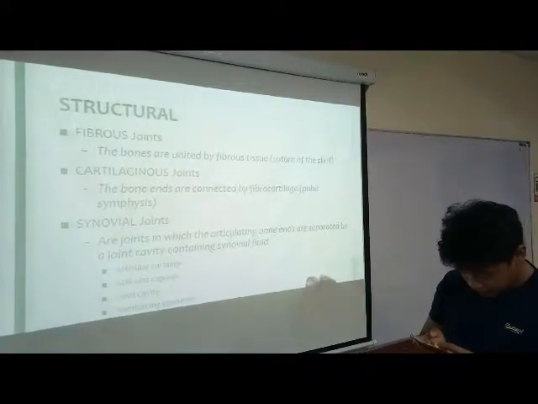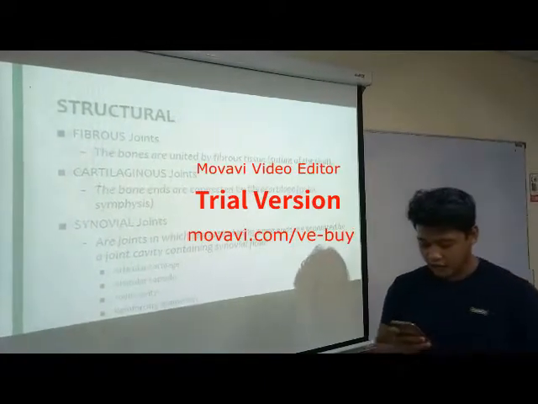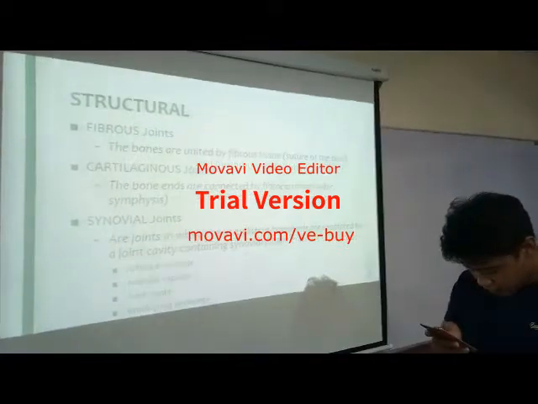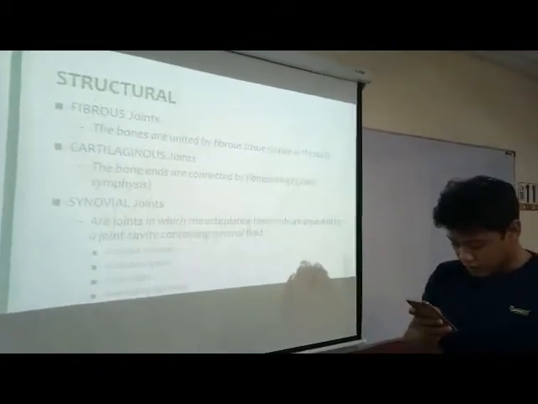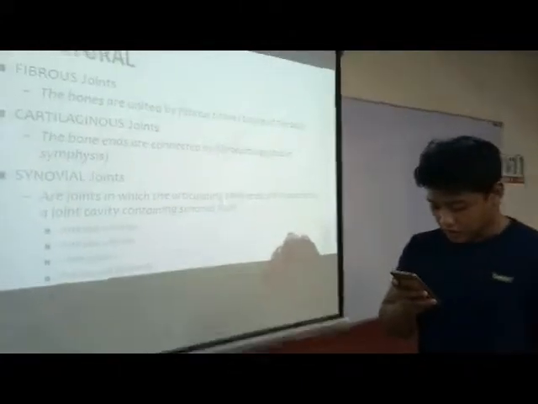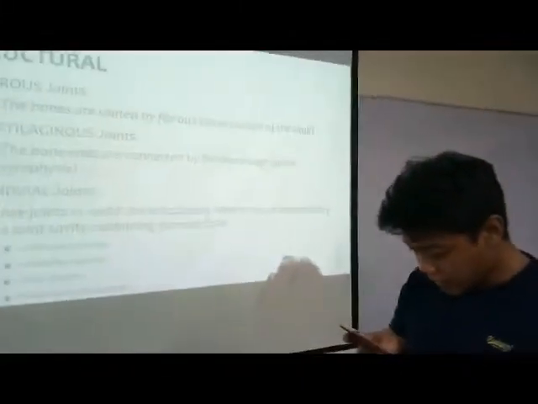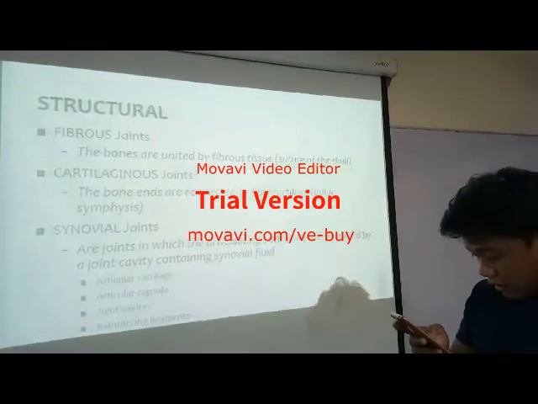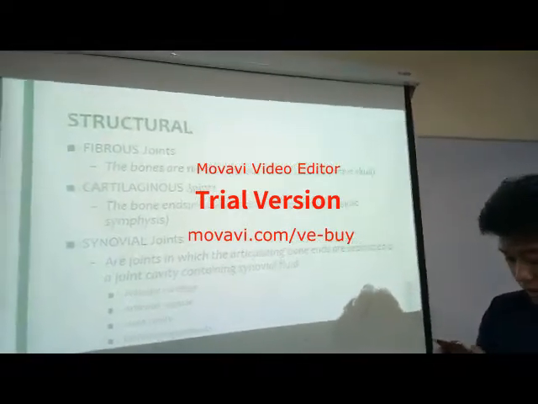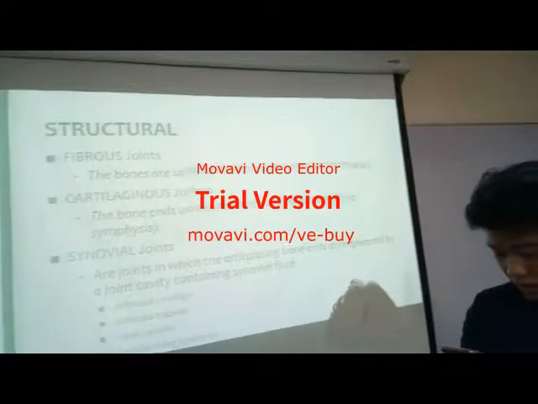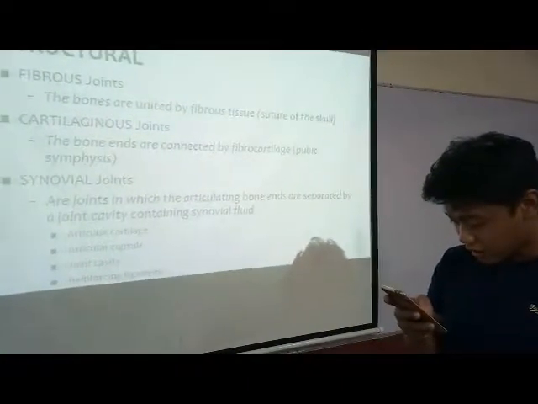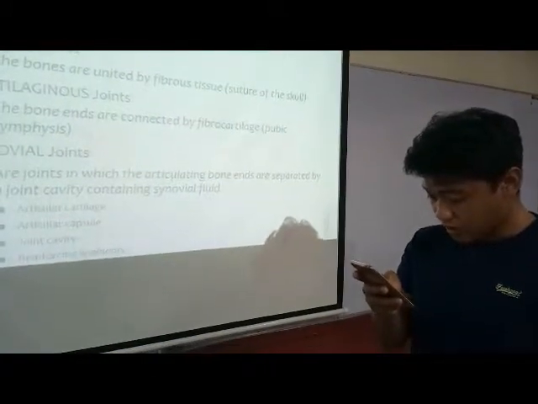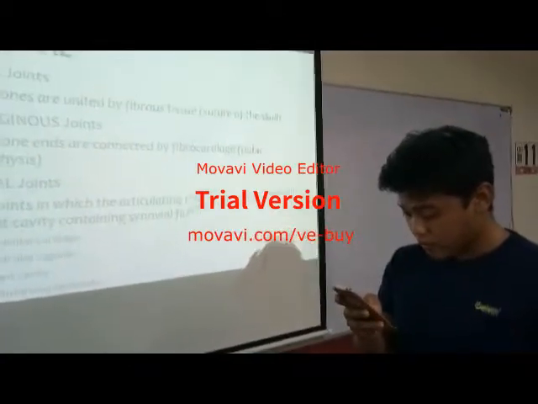Articular cartilage. Cartilage covers the ends of the bones forming the joint. Articular capsule. The joint space is enclosed by a strip or layer of fibrous connective tissue which is lined by a smooth synovial membrane. Joint cavity. The articular capsule encloses a cavity called the joint cavity which contains lubricating synovial fluid. Reinforcing ligament. The fibrous layer of the capsule is usually reinforced